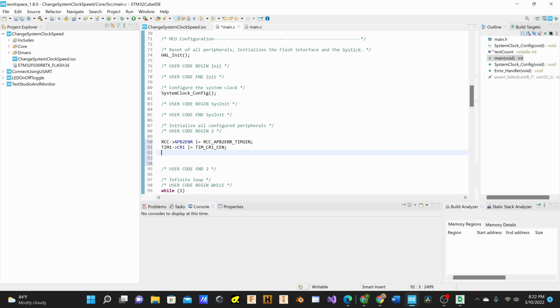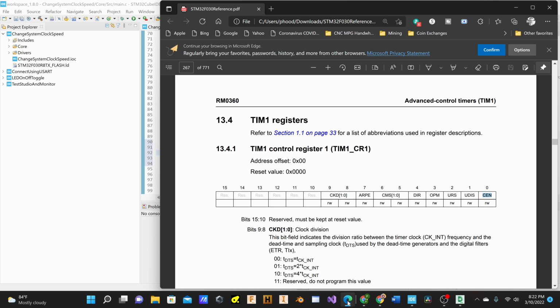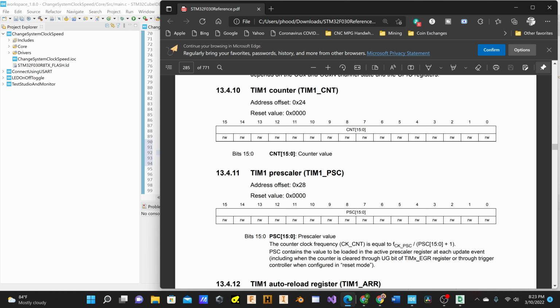So let's take a look at the reference manual and see what we can find here. We're looking for the PSC register. Okay, here's the timer 1 PSC. And this is a prescaler. It just divides the system clock, or the clock that the counter uses. And you can see that there's a 16-bit number here. A 16-bit number can go from 0 to